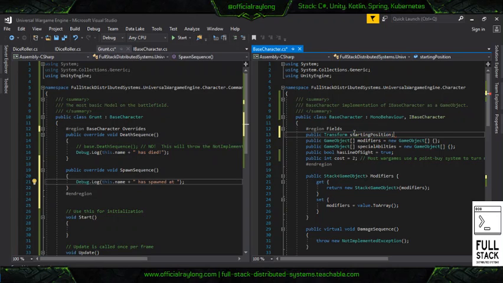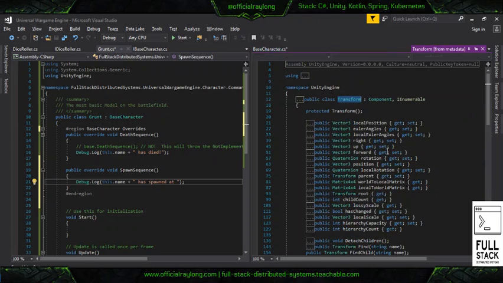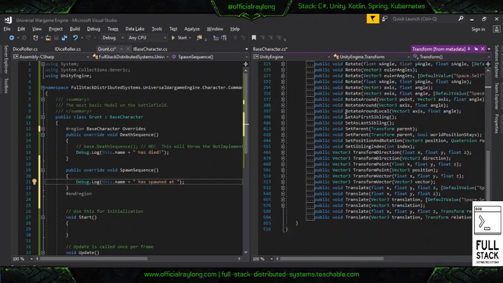Well, let's go look at the definition of transform. Or at least let's see what its contract looks like. Let's go to its definition. Okay, so it's a component. I don't think, yeah, we can't create a transform, but